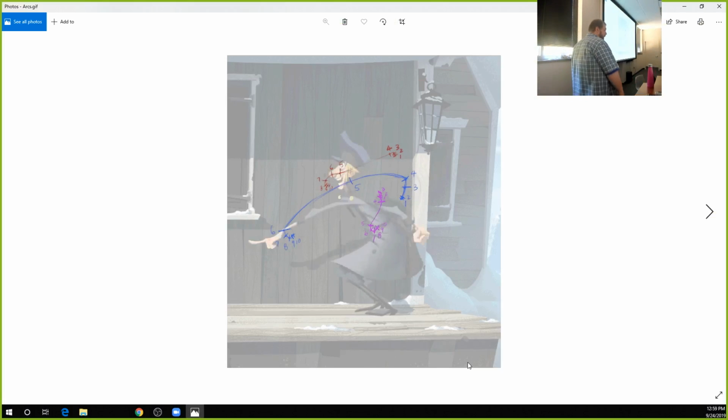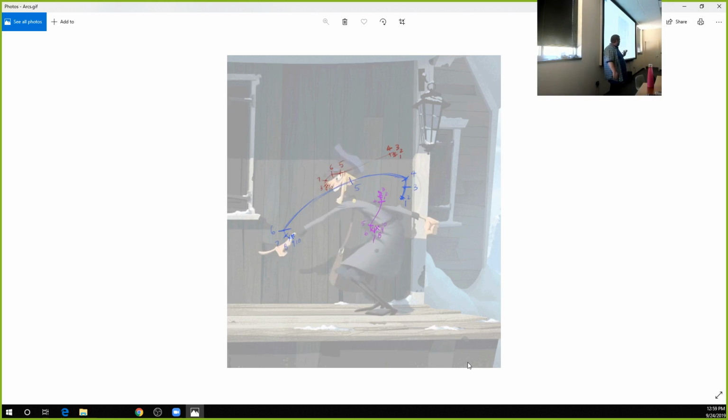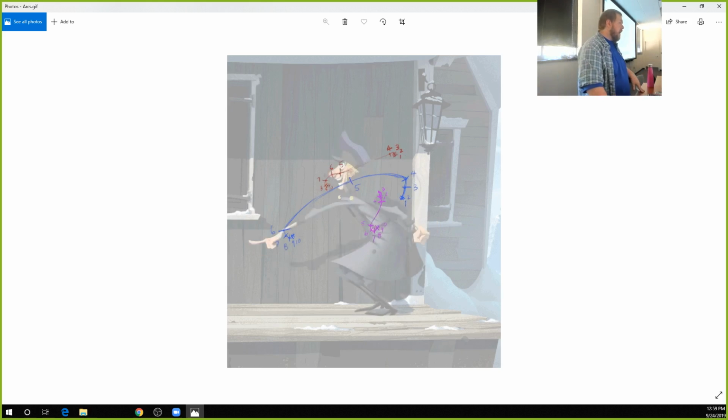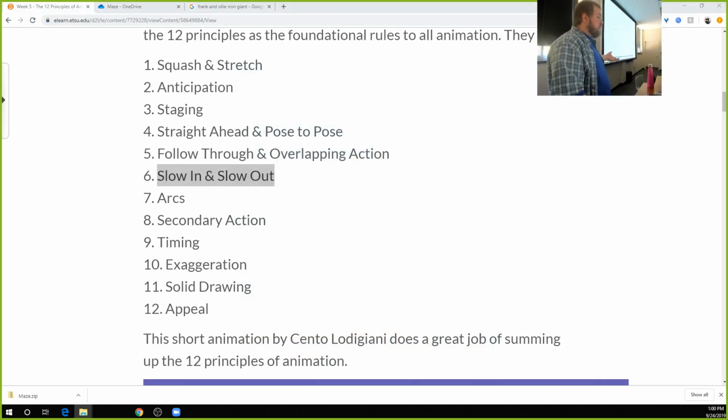This is from an animation that is hopefully coming out soon, I think it's called Klaus or Claus. Have you guys seen the trailer for it? If I'm not mistaken, this is in 2D, but it's done in this really pretty rendered painter way. But this is just tracking the arcs on everything. Tracking the arcs on his nose, tracking the arcs on his arm. That purple one is the arcs of his hip, right? And everything is moving in these little tiny swoopy arcs. And that's going to feel more natural because arcs happen naturally even in areas that you may not think,